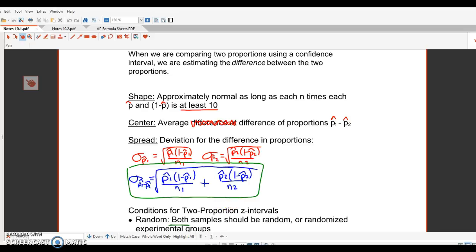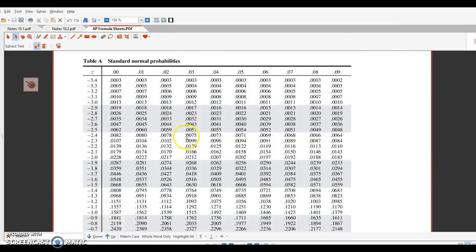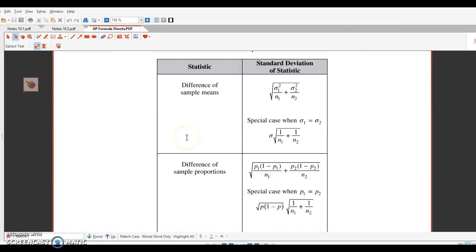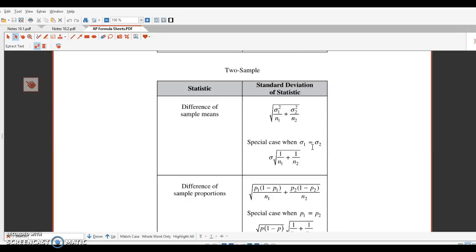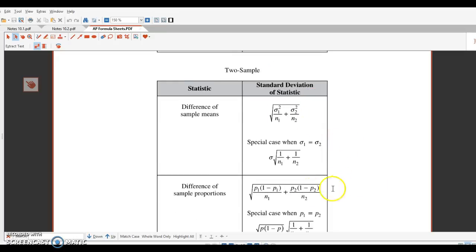Now this formula is on the formula sheet, more or less, with most of the others on the third page of the formula sheet. So there's your standard error for sample mean, sample proportion, difference of sample means. Here we go, difference of sample proportions. Here's the formula. Notice it's p instead of p hat,